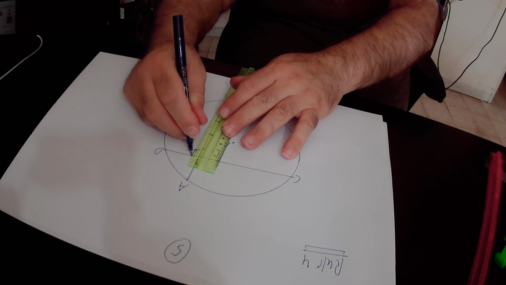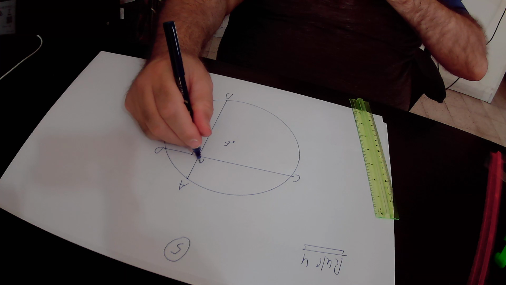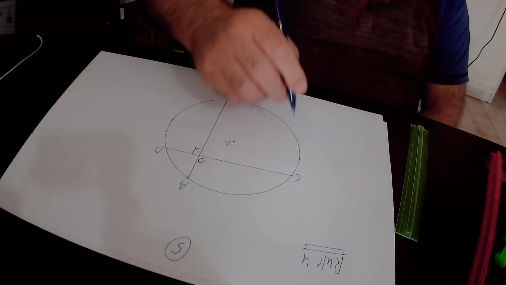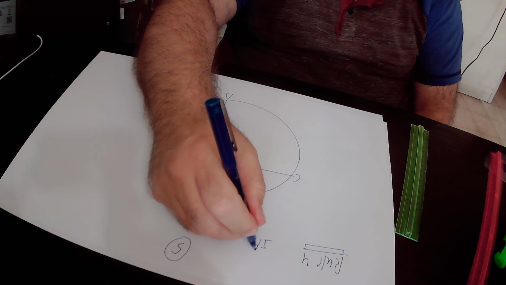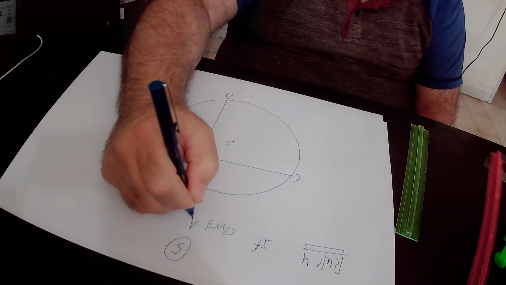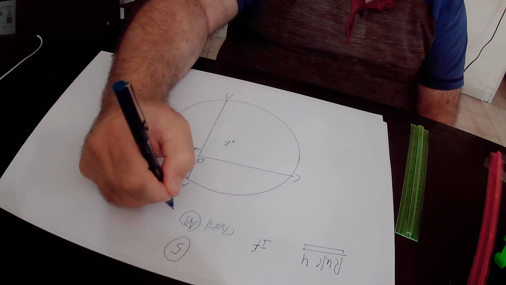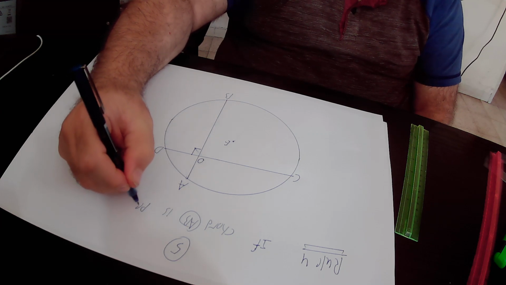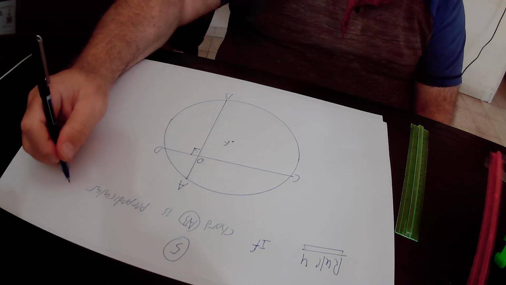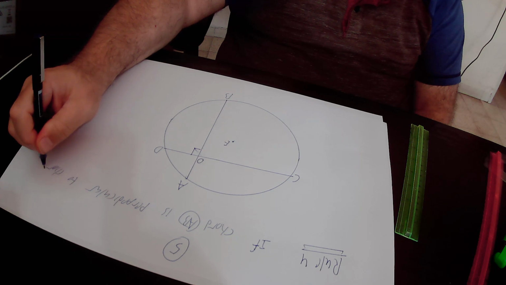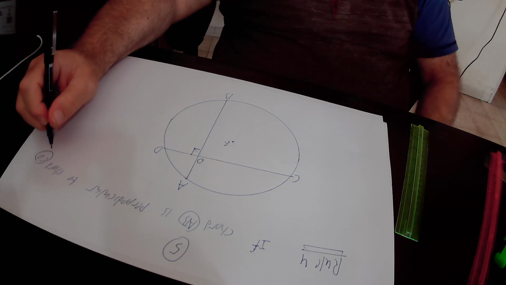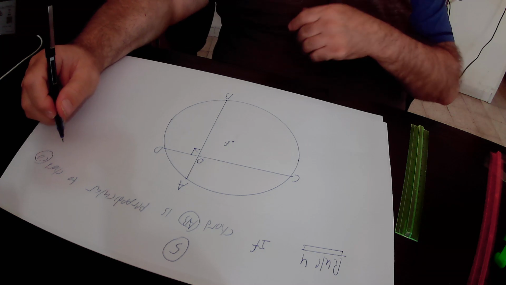We define the intersection point between the two chords as point O. So according to this rule number 4, if chord AB is perpendicular to chord CD and they are perpendicular to each other at point O,